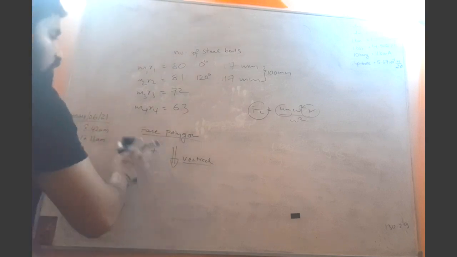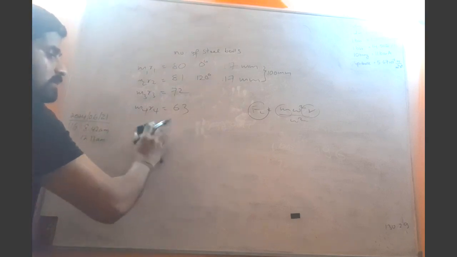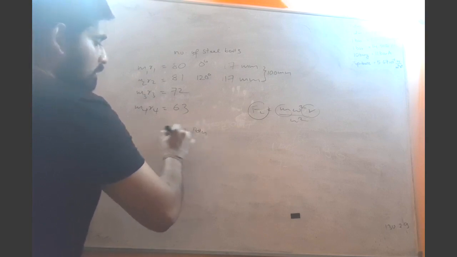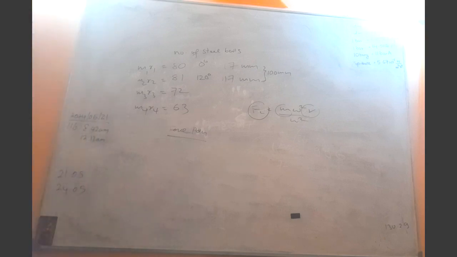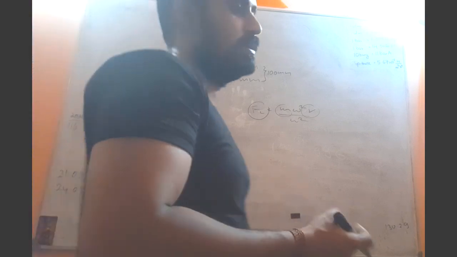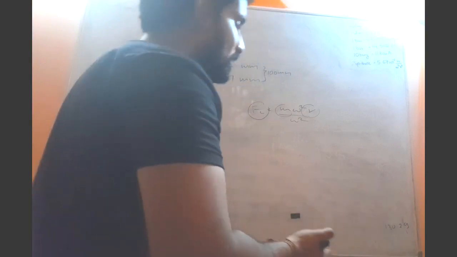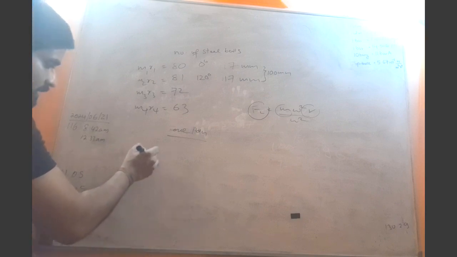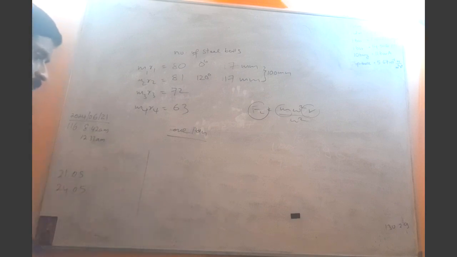So now we are going to sketch the force polygon. What is the first centrifugal force? That is 80. The respective angular positions we are going to measure with respect to the downward vertical. So what is the first vector? It is 80. So this length